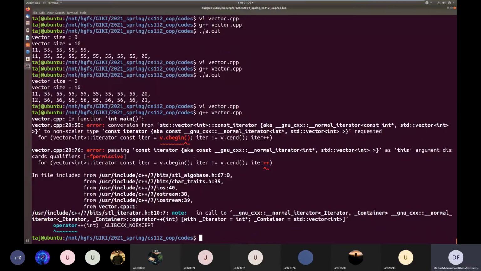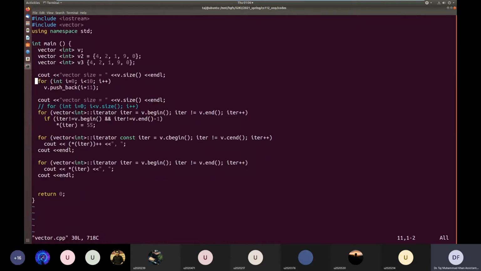Sorry, my bad. You want to use a const_iterator instead of an iterator. So const doesn't go there; the name of the iterator is const_iterator.